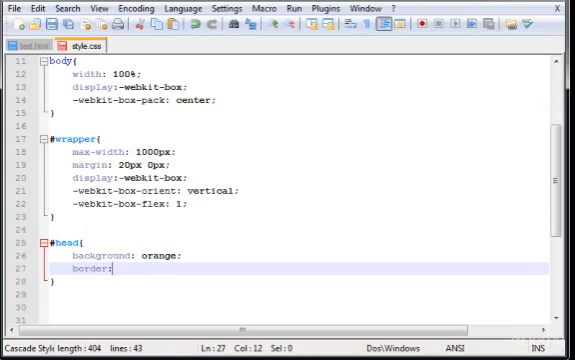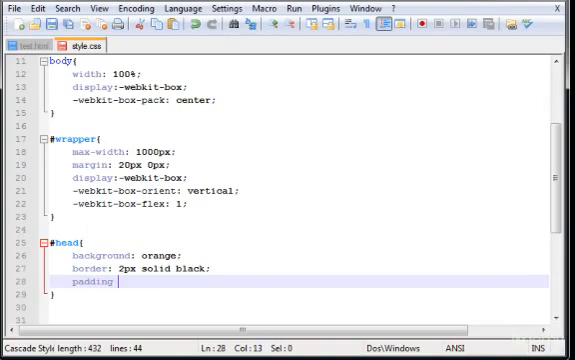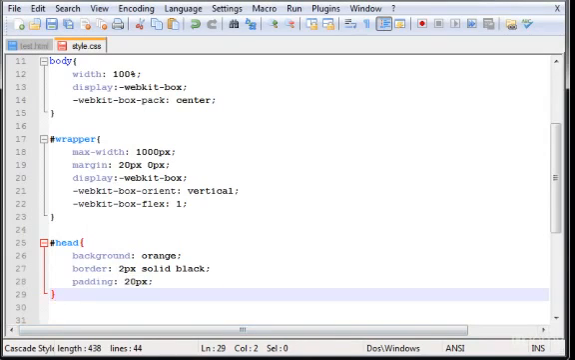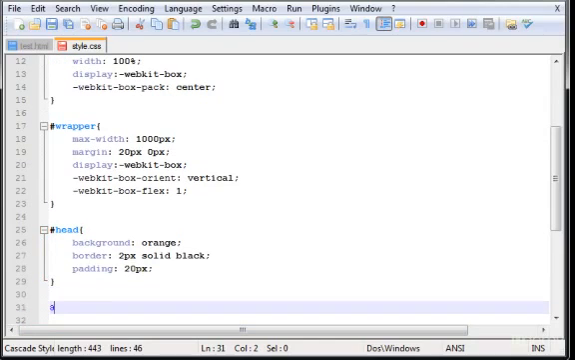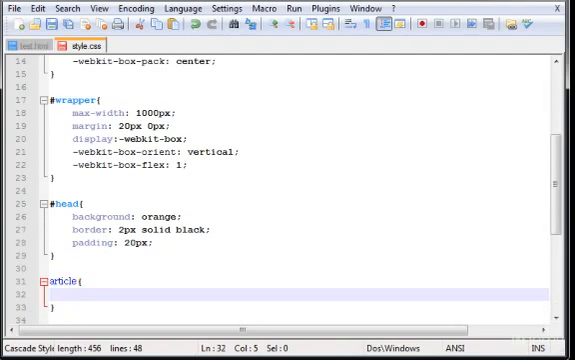Let's give the header a border of 2 pixel solid. Let's give it a black, and let's give it a padding of 20 pixels. Okay, now the next thing I want to give properties to is the article. So the article, let's give some properties here. The article, let's give it a border 1 pixel solid black,